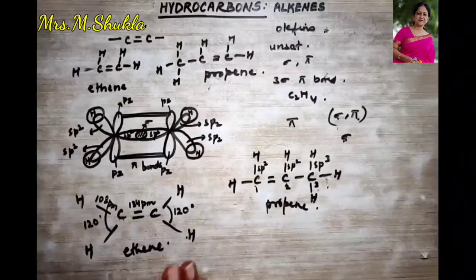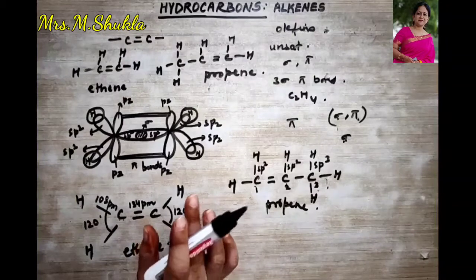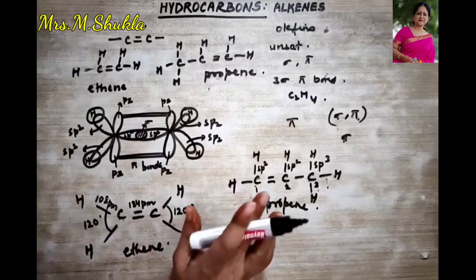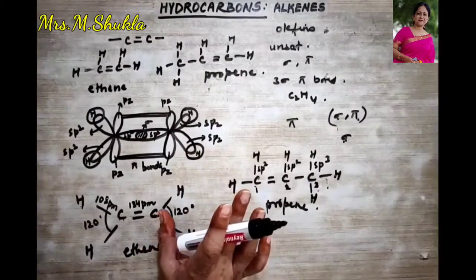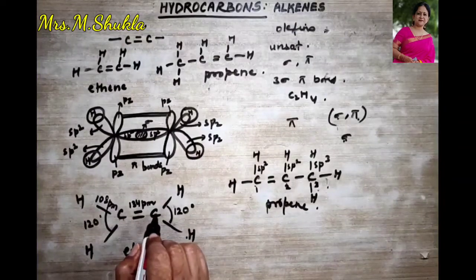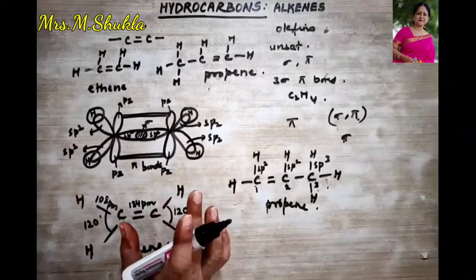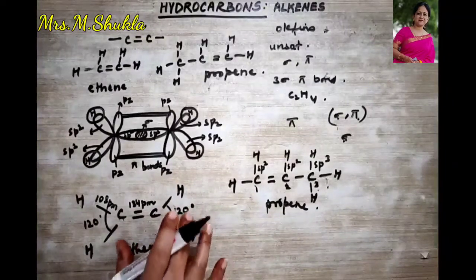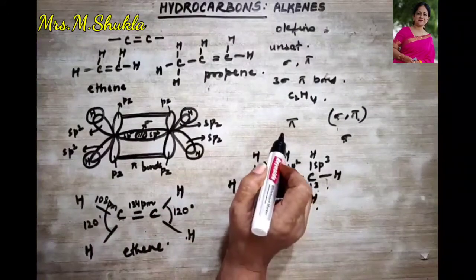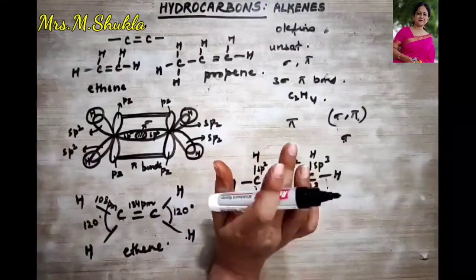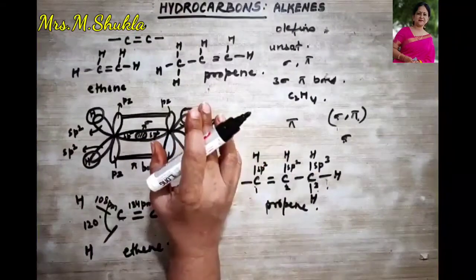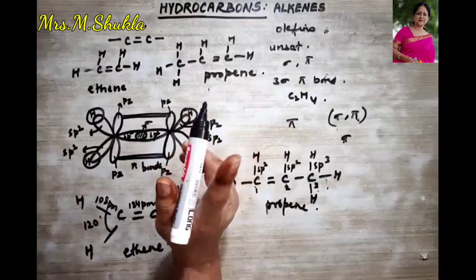Then the carbon to carbon double bond is always shorter than the carbon to carbon single bond, right? Thus, the electron density between the two carbon atoms of the double bond is high, and the molecule with respect to this bond is more reactive, right? The presence of this pi bond in the alkene also restricts the rotation of one carbon atom with respect to the other carbon atom, which I had already explained.